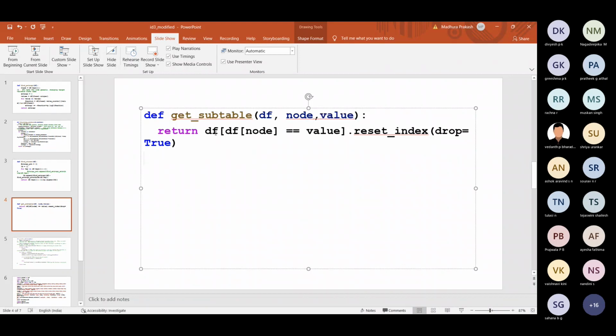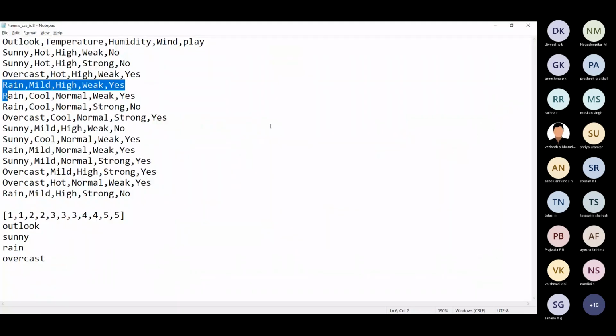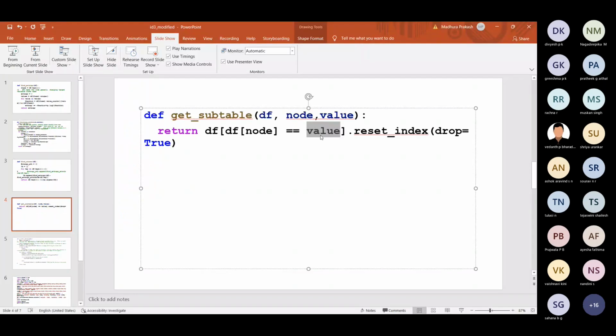So df of node: in the data frame I want the rows where this particular column has that value. If I'm talking of Outlook, df of Outlook, and the value is sunny, I want only those rows where there is sunny. So I have four such rows: sunny, sunny, sunny, and sunny. So I'm only talking of those four rows here.